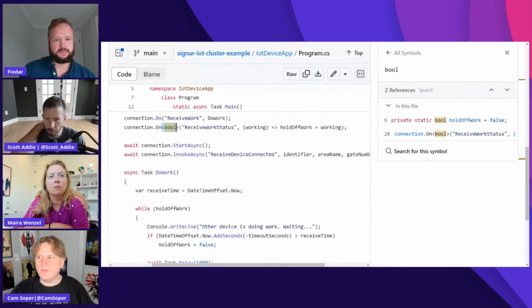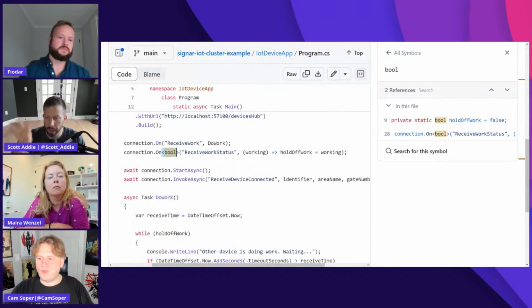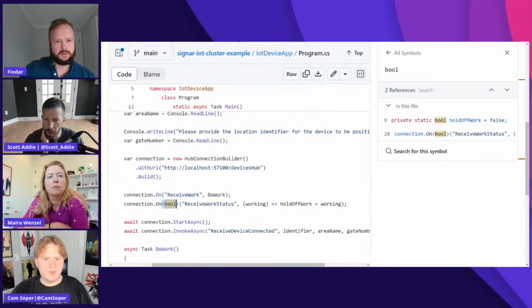I have a question for you, Fiodar. I noticed in your connection that you were building further up in this file, you have a localhost URL. I'm wondering, how does that change as you deploy something like this to a cloud like Azure? Yes, so this particular URL is just hard-coded to match the URL of the application,